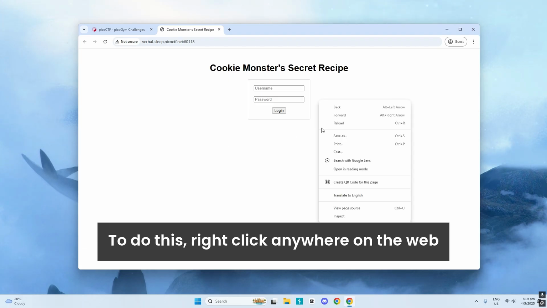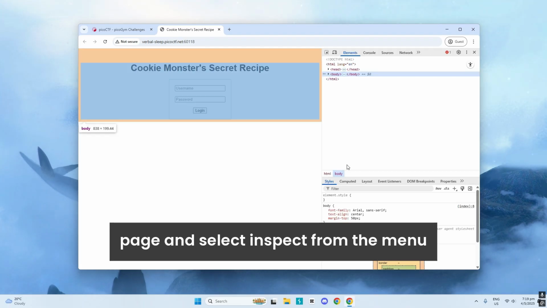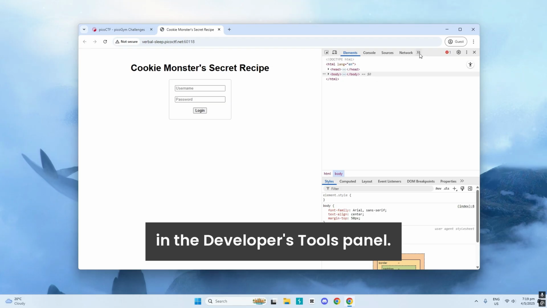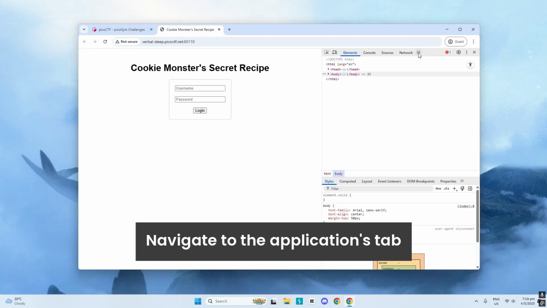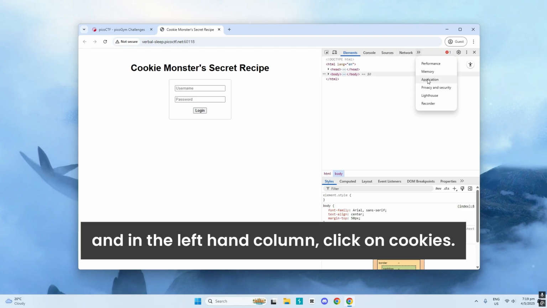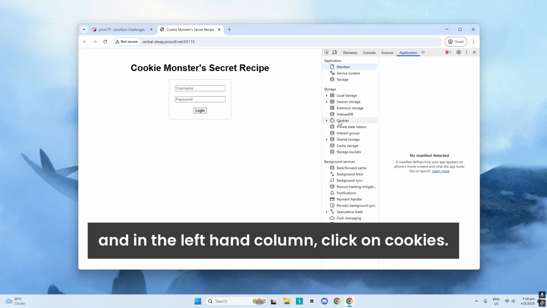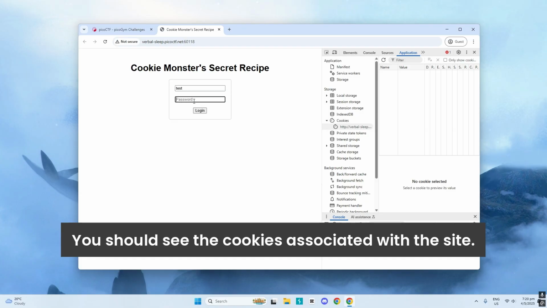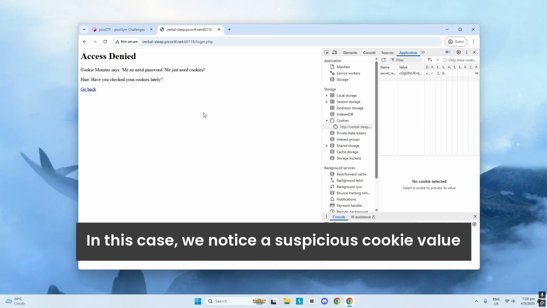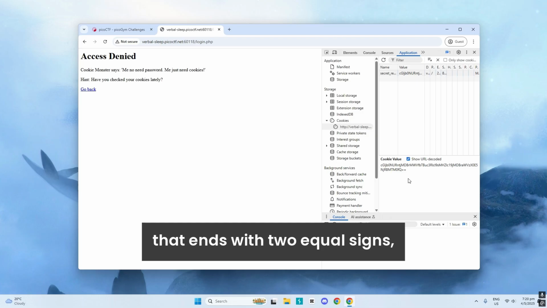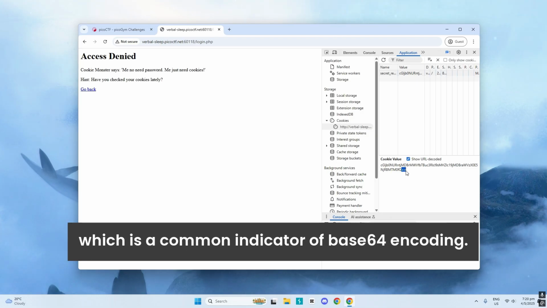To do this, right-click anywhere on the web page and select Inspect from the menu. In the Developer Tools panel, navigate to the Application tab, and in the left-hand column, click on Cookies. You should see the cookies associated with the site. In this case, we notice a suspicious cookie value that ends with 2 equal signs, which is a common indicator